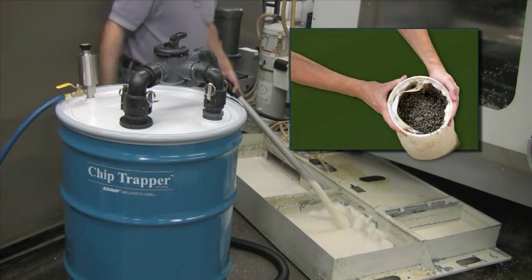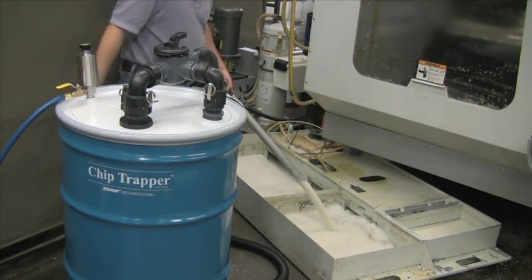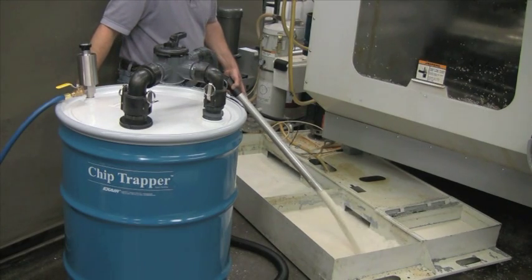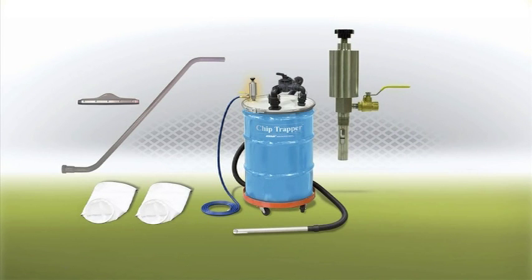All of the chips and the solids remain in the reusable filter bag. Only clean coolant pumps back out of the drum. Expensive coolant that used to last only 6 weeks can now last 6 months or more with regular use of the chip trapper. The chip trapper includes the stainless steel pump assembly with the directional flow control valve, a 55-gallon